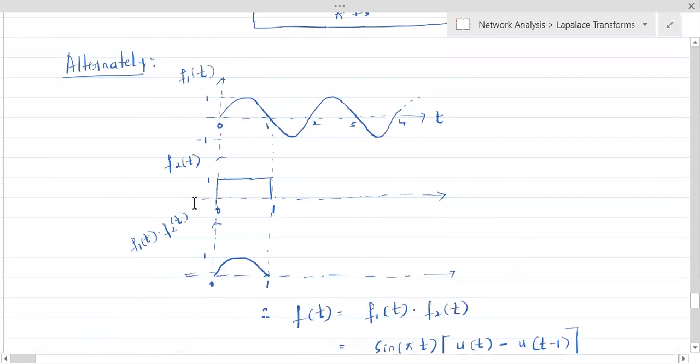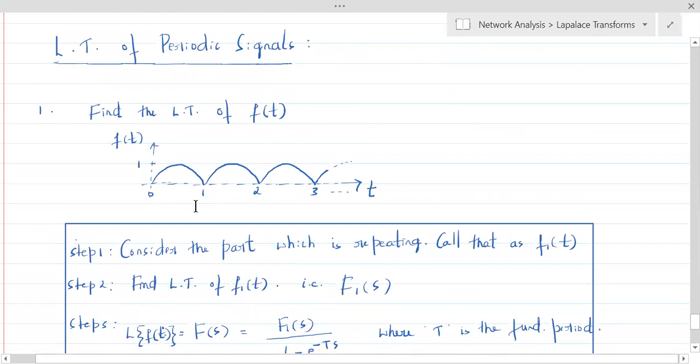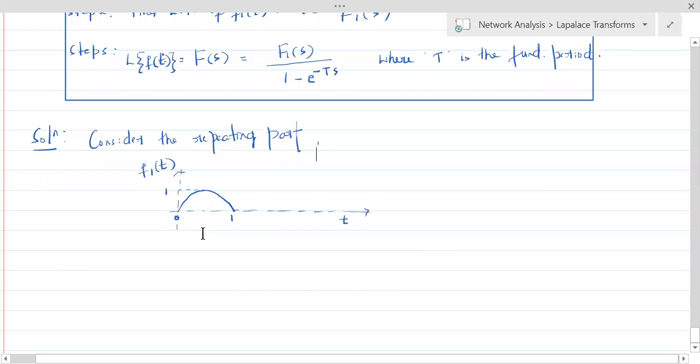Refer to problem number 5. We have to obtain it ourselves in the exam, so you have to do it yourself. Fine. So f1 of s is given by,